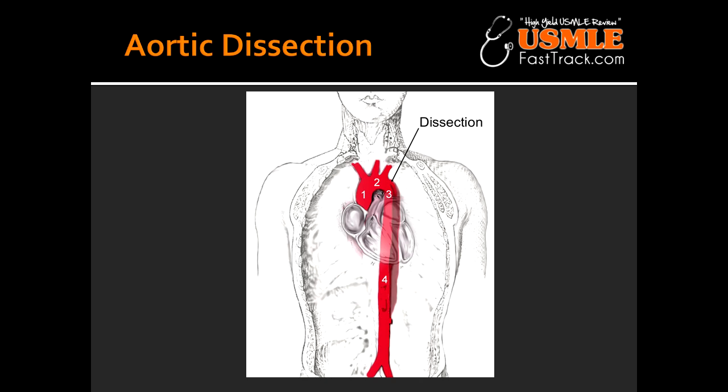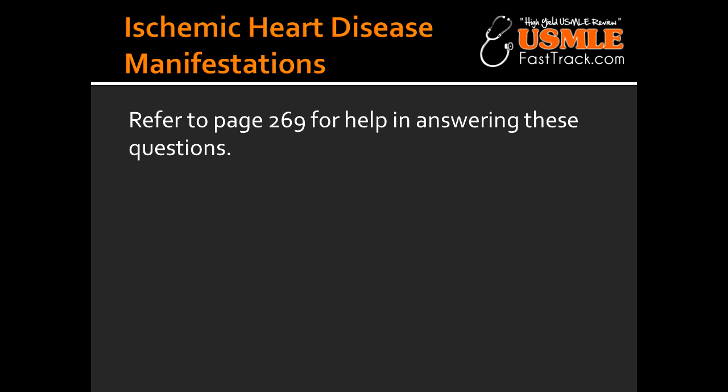What are some of the eventual consequences of aortic dissection? Aortic dissection can lead to pericardial tamponade, aortic rupture, and death. Ischemic heart disease manifestation. What is angina? Angina is a condition that is marked by severe chest pain, which happens due to the narrowing